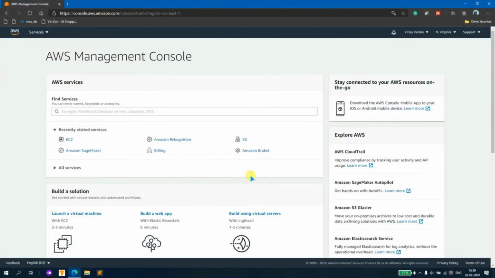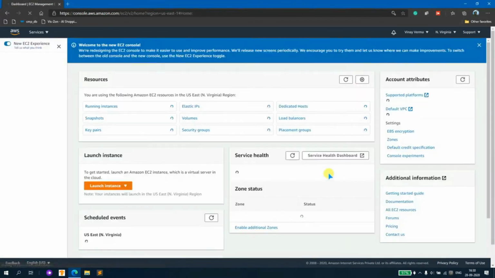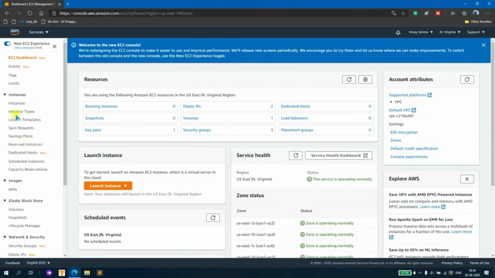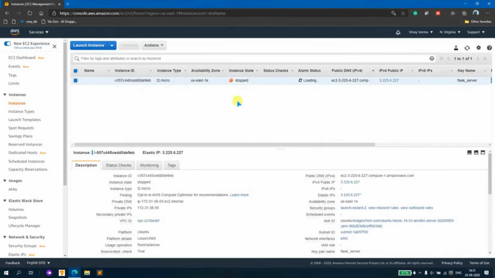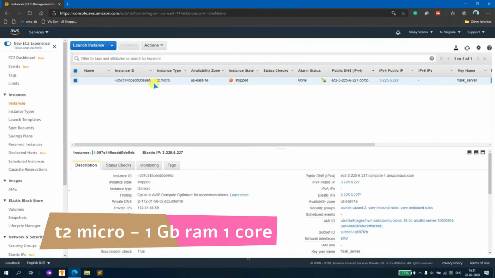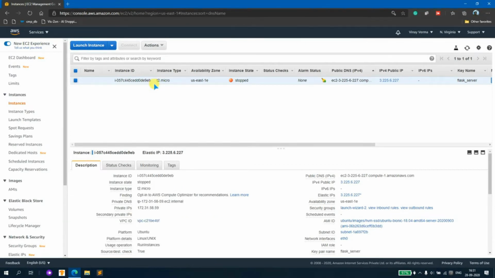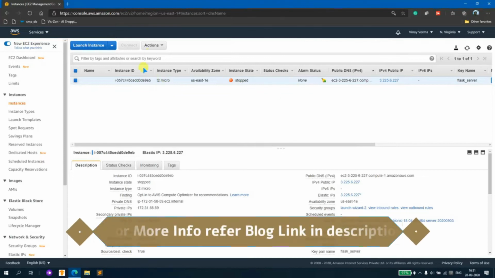So this is my Amazon AWS console. This is the management console, and here I can manage all the services that I want to run. So in this case I want to run EC2 instance, so I click on EC2. So this is the EC2 dashboard. So I have to go to instances and then start the instance. So this one is the instance that is created. We will learn later how to create an instance, that will be in the next video, but till now I have created that instance and I have to launch it.